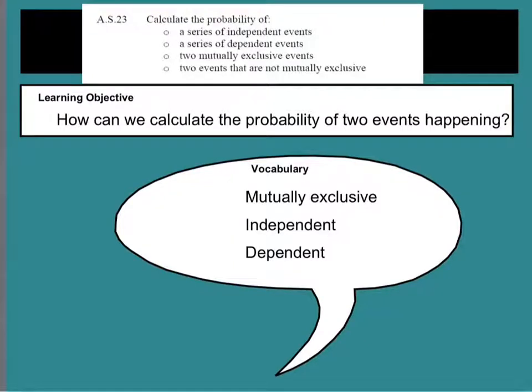Okay, today we're going to talk about the probability of two events happening. And this covers the last integrated algebra standard of the year, the statistics standard 23. So the integrated algebra standard statistics 23 has to do with probability. So we're going to look at a series of independent events, dependent events, mutually exclusive events, and events that are